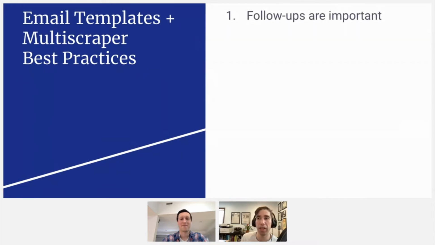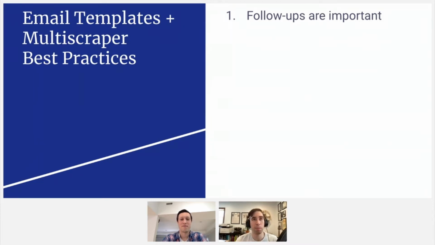So other keys for doing Multiscraper and Skyscraper outreach, as I mentioned before, follow-ups are important. Don't just have one email, have 2, 3, or 4 emails in your sequence, because every additional touch point makes it more likely that the recipient replies to your outreach.